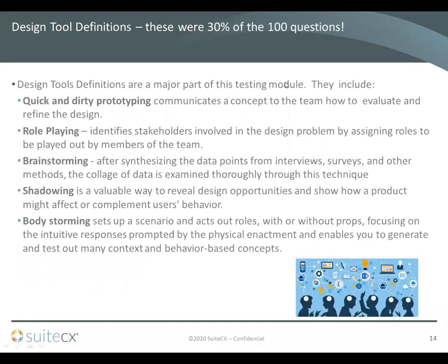Yeah, we'll get there. Now, you notice how much is bolded here. 30% of the 100 questions that were in CX University, which is no guarantee that they're in the test, but again, it was heavily weighted towards these particular definitions, right? And to me, this is where I failed a lot of questions in the test, a lot of them